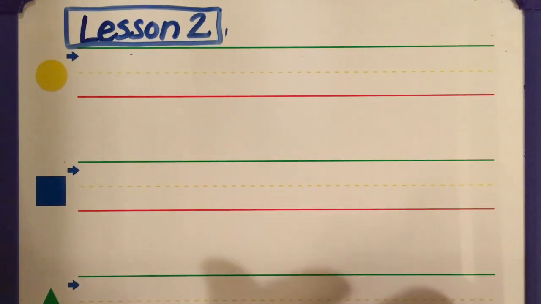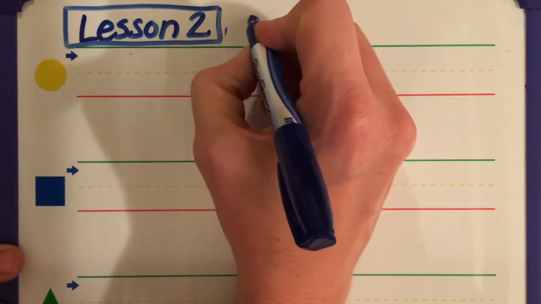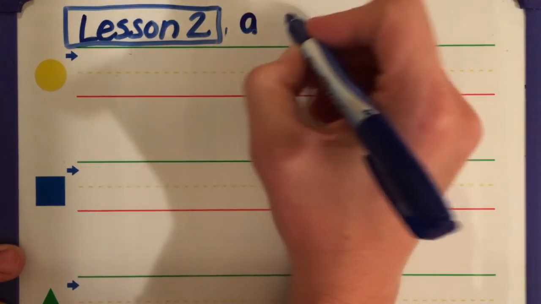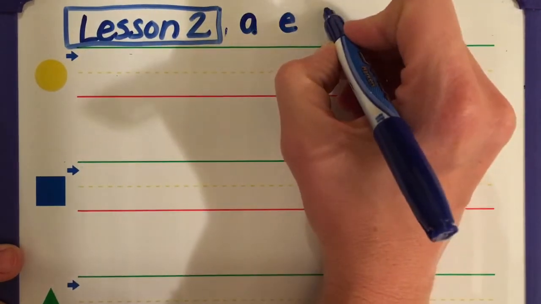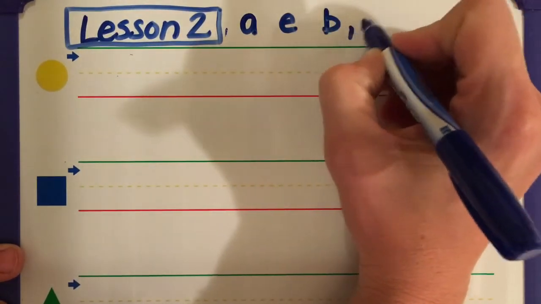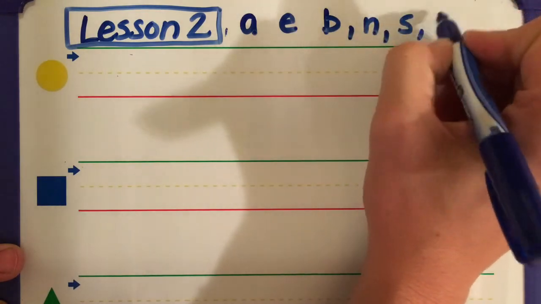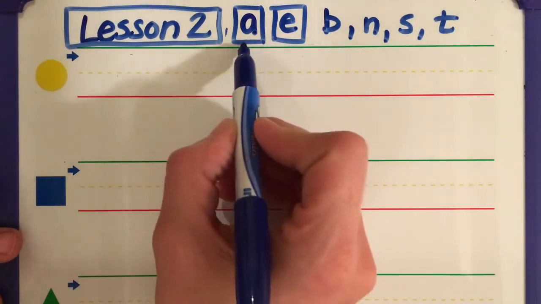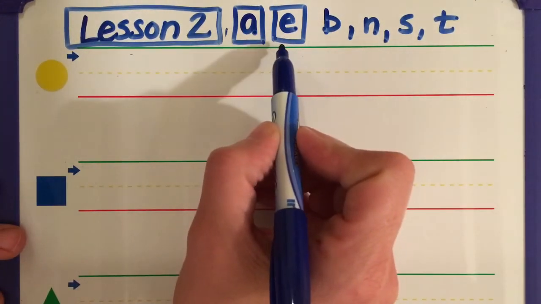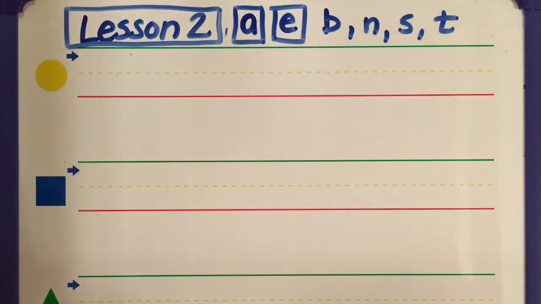Welcome students to lesson 2. Today we're going to begin by writing our letters on the whiteboard. The vowels that we'll be using are A and E. The consonants will be B, N, S, and T. Alright, let's review the vowel sounds. A like apple, E like egg. Let's get started. Remember that any work that I do on my board, I want you to do on your